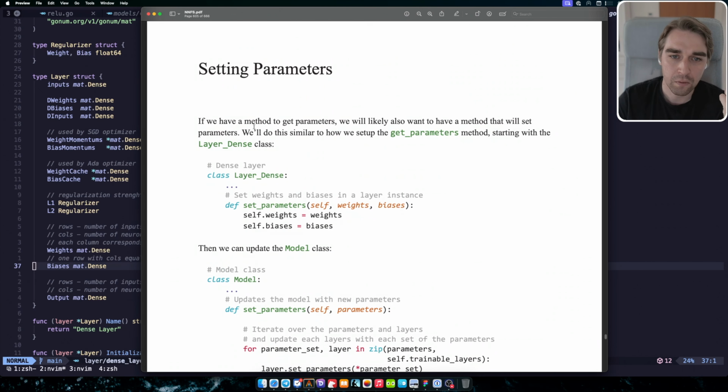If we have a method to get the parameters, we'll likely also want to have a method that will set the parameters. We'll do this similar to how we set up the get parameters method, starting with the